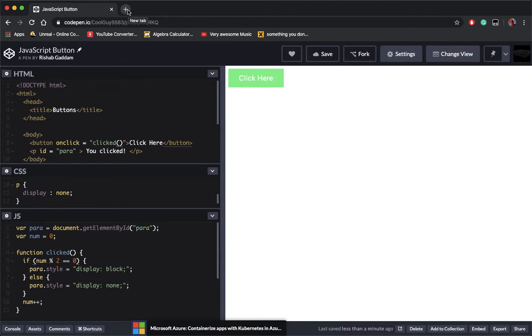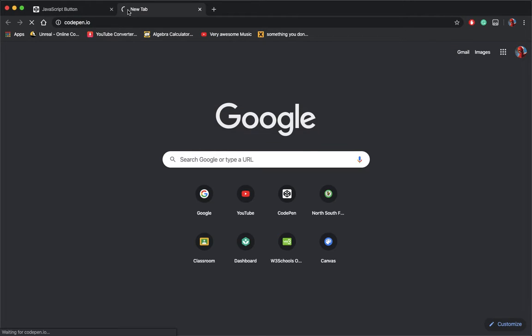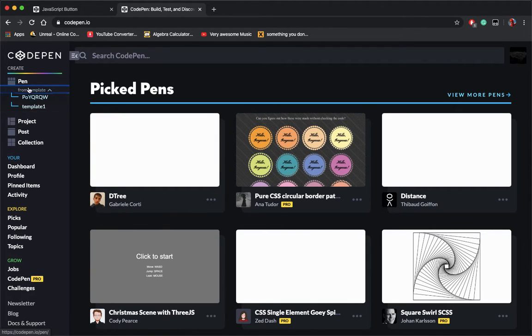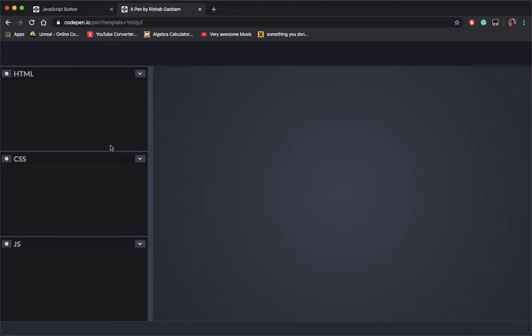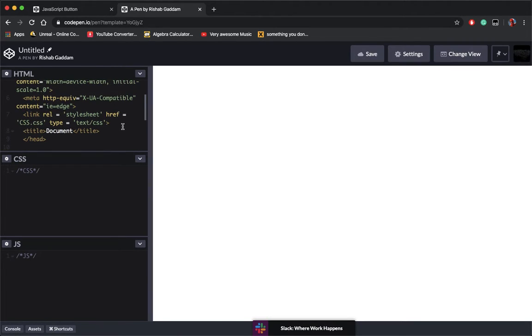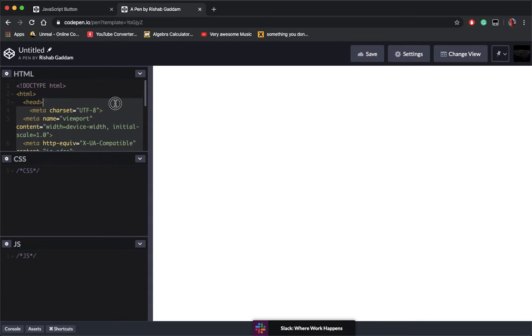So the first step in doing this project is going to codepen.io. CodePen is a great place where you can do lots of stuff. From template 1, if you have a template. I do, so I'm going to use my template. I'm just going to delete all of this because I don't need it. And then I'm going to change the title from document to JavaScript